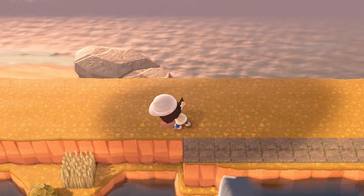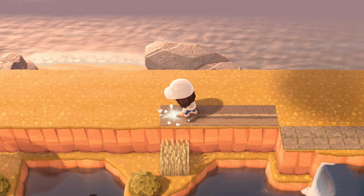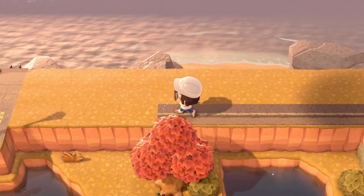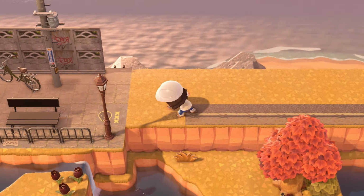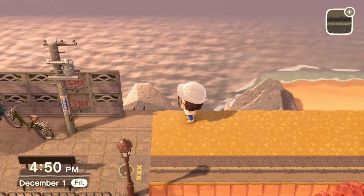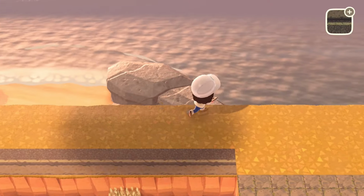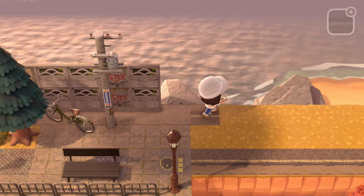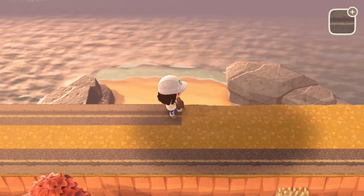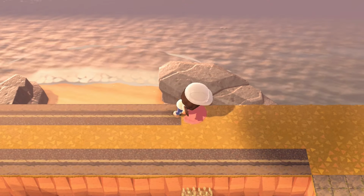Now that I think about it, I might do the road here. Like the pedestrian road. That might look better. That's the other question. Do I want to keep this back part open? Maybe just the bridge and then start the wall back up over here just so you can see